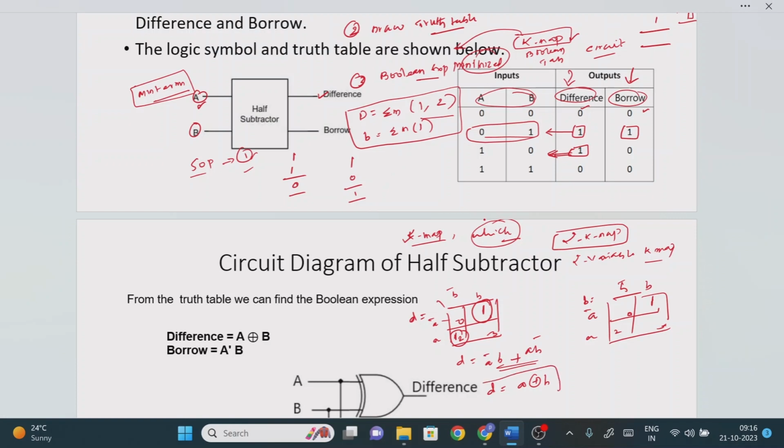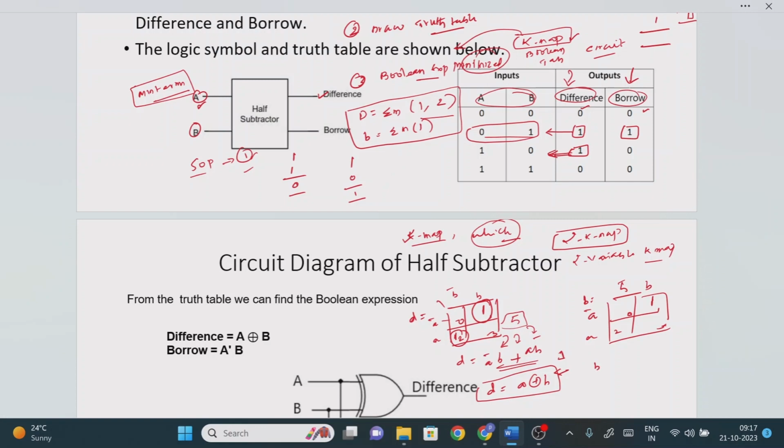Why do we need to write it like this? If you design your circuit the other way, here we require 2 logic gates, here we require 2 logic gates, plus one more OR logic gate. So finally we require 5 logic gates. If we convert it in terms of the XOR logic gate, we require only 1 XOR logic gate. So instead of spending money on 5 logic gates, we spend money on only a single logic gate. That is the meaning of the minimization technique. So now D equals A XOR B.